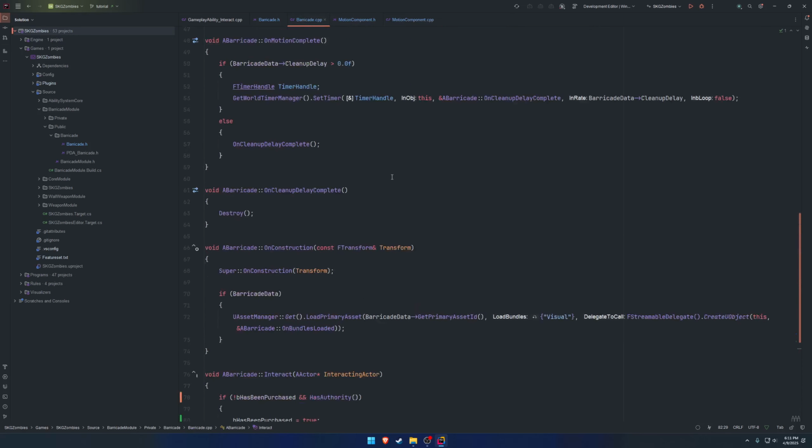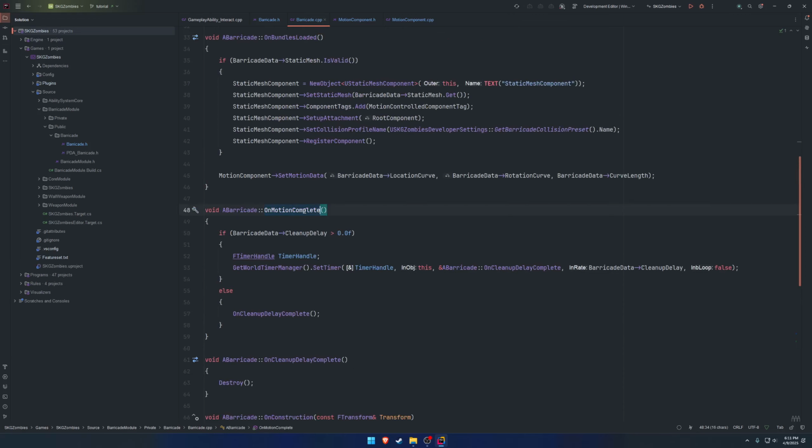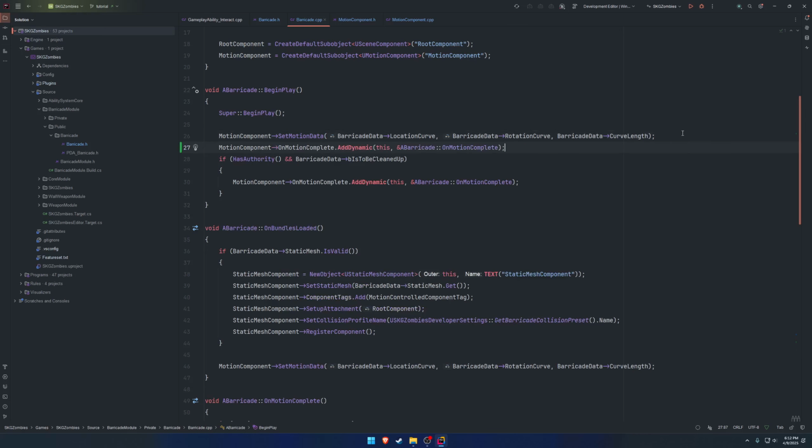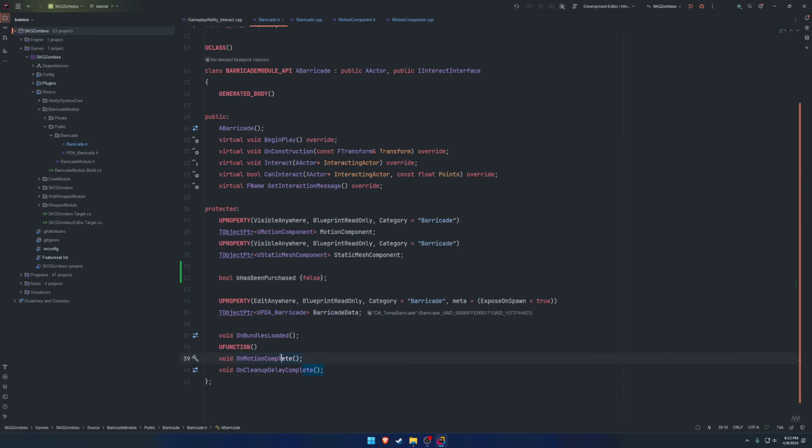Now we head over to our barricade. We have our on motion complete, and we are binding it inside of BeginPlay. Let's do the same thing, and in our case, we don't need to be the authority to bind to it. So we can just copy this and paste it up here and have the on motion started. That's going to be our function name, and the delegate is going to be OnMotionStarted as well. Let's go down here and create OnMotionStarted,